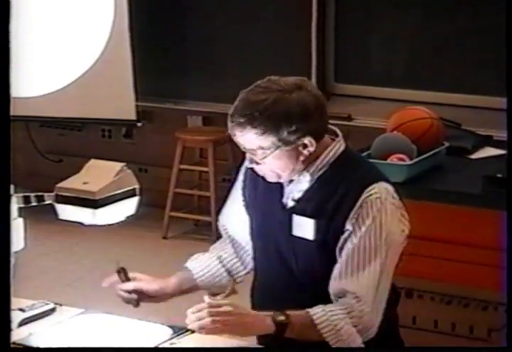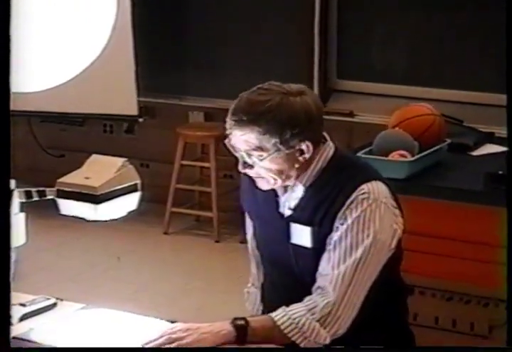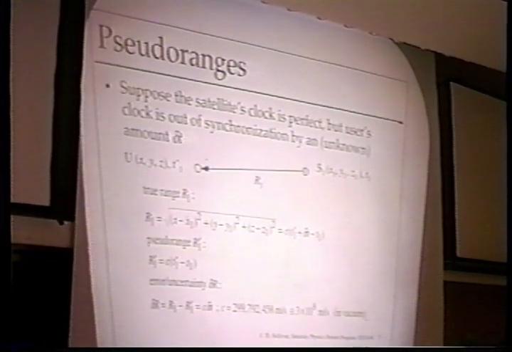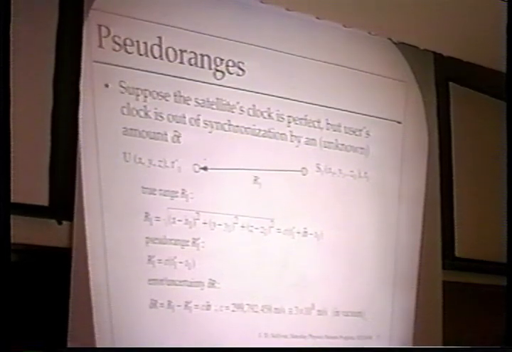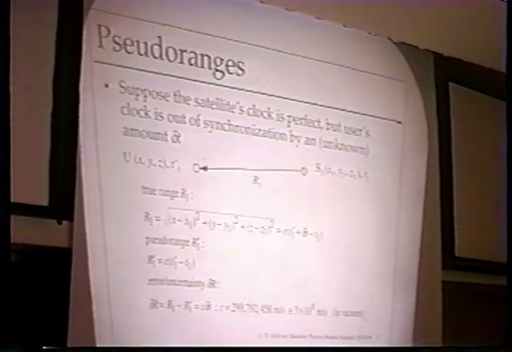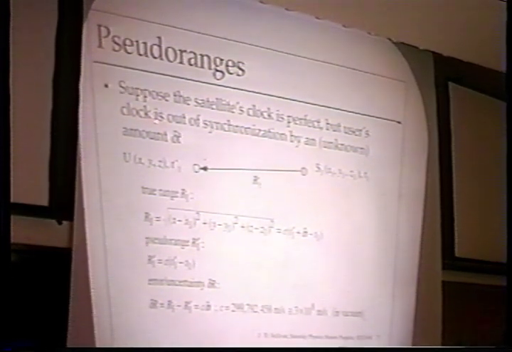Now, there's a concept used in this business called pseudo-range, and I need to explain that to you. It's a key thing. Suppose the satellite clock is perfect. Not true, but suppose that. You're the user. You have a clock, but it's out of synchronization by some amount delta t. And you don't know how much it's out of synchronization, because if you knew, you'd just reset the clock and it would be synchronized. The satellite is here at some known position, x1, y1, z1 in three-dimensional space, and emits